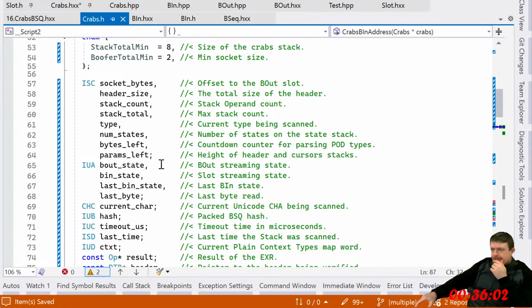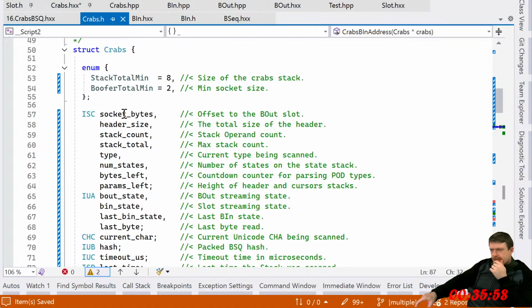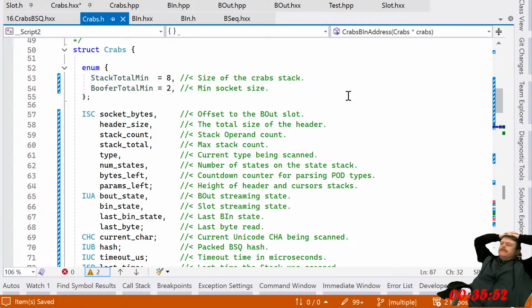Bytes left. Stack count, header size. All set to the B in slot. Socket bytes.